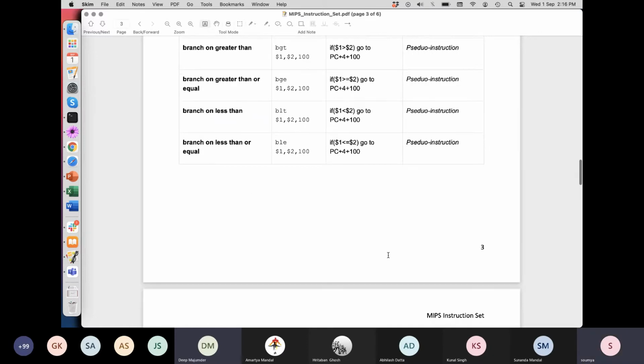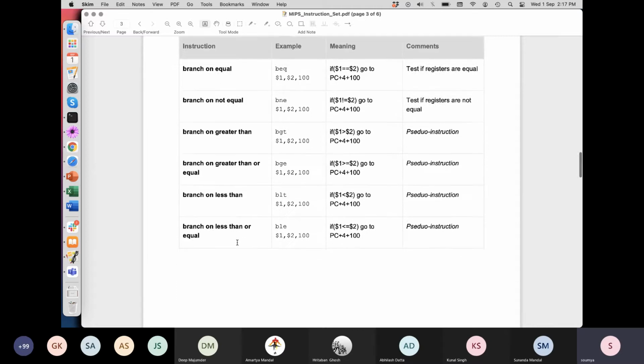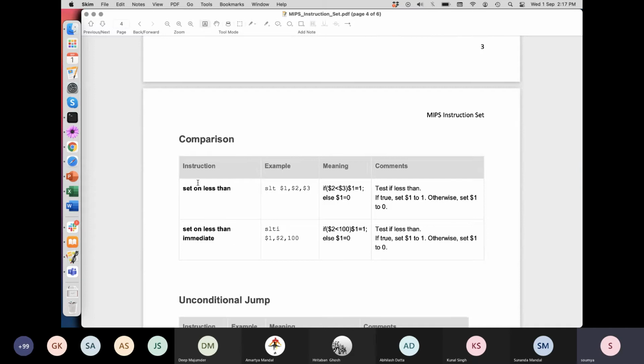Absolutely. And then you have different kinds of branch instructions, on greater than, on less than, and all these things, which are also covered. And you have comparison instructions, set on less than or set on less than immediate. This is covered.